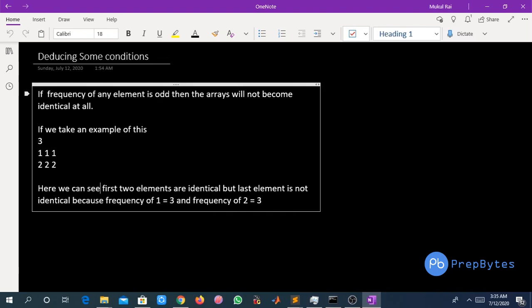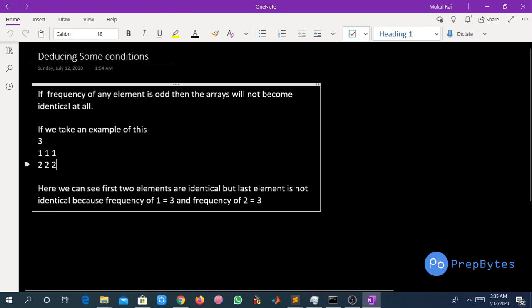So if an element x is present in array A, then that element x should also be present in array B, right? So the frequency of x will become 2, so it is even. So for making two arrays identical, every element should occur an even number of times, right?